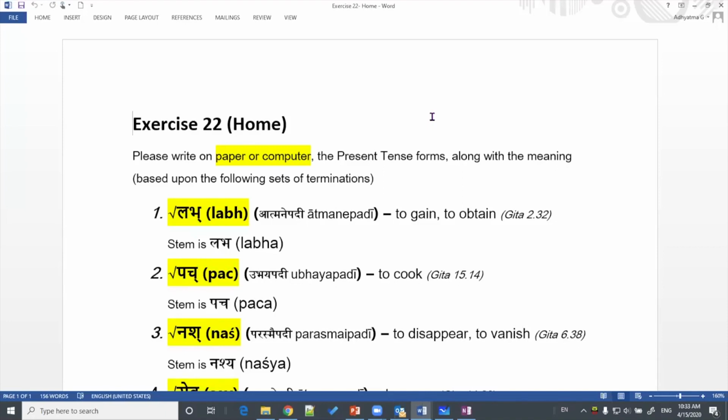The question is, verb endings in A could be confused with nominals, how to distinguish? As I said, by practice, there is no magical bullet for you to figure out which is a verb ending, which is a noun ending. Many times they would be confusing, and many times it is the purpose of the poets to confuse you. So the more you practice, the more you would be able to figure it out.